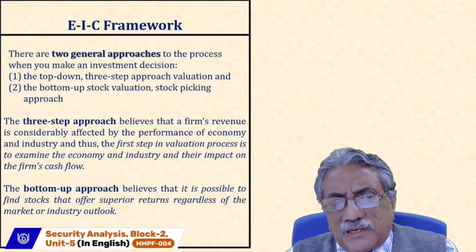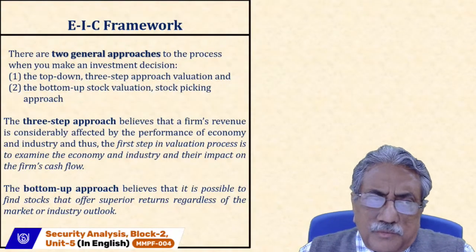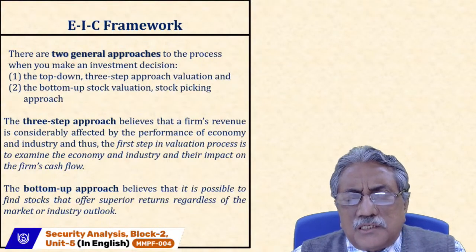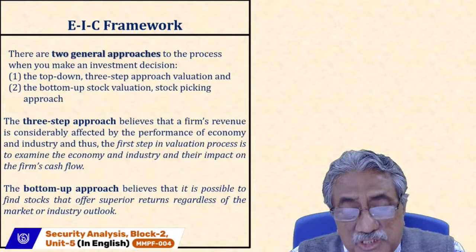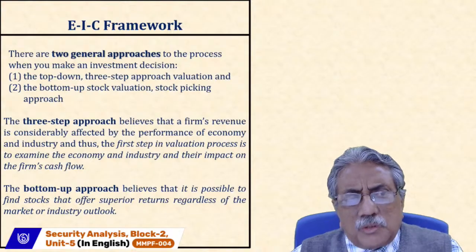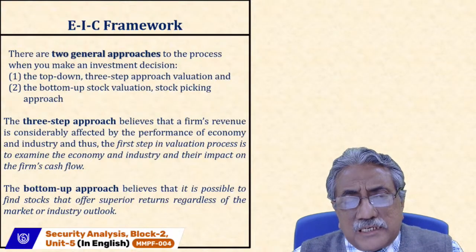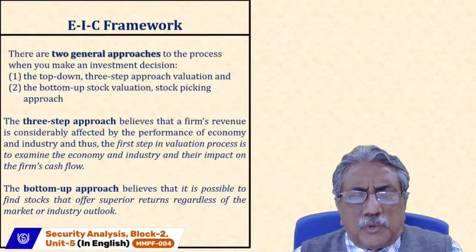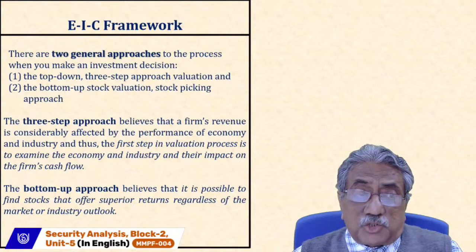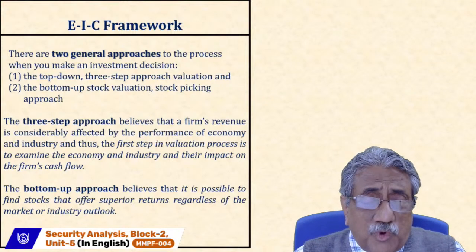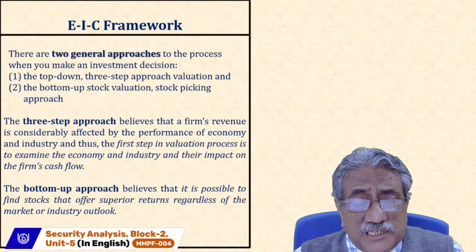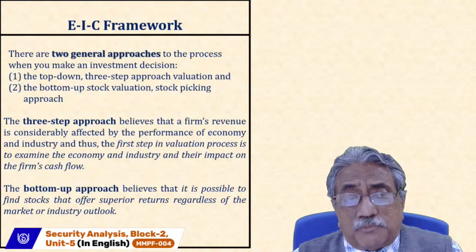There I identify a good stock, suppose Zomato, it's a good stock, and then I try to see which industry it is in. It is the delivery industry. Now, who are the competitors? Swiggy and others. The broad factor is there is a huge generation of new-generation people, double-income working people. They will be ordering their food, and in fact they can order other things also, which get delivered. They want it fast, so you have 1 hour service, 10 minute service, and so on. So this is a bottom-up stock valuation approach.